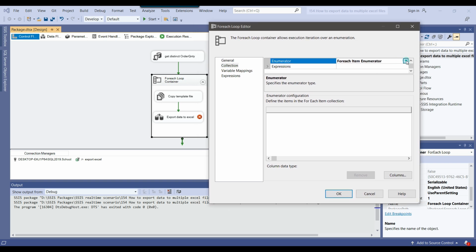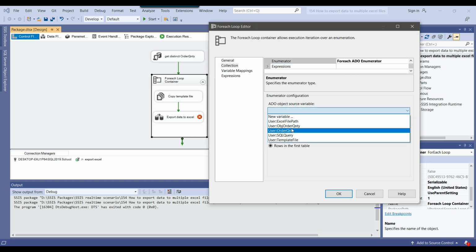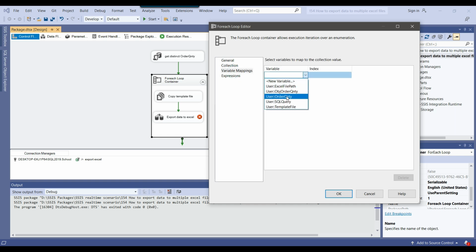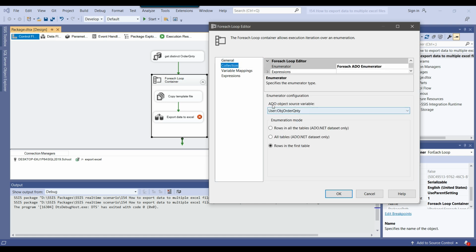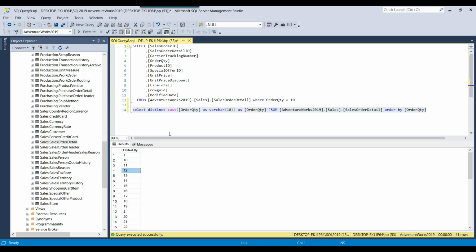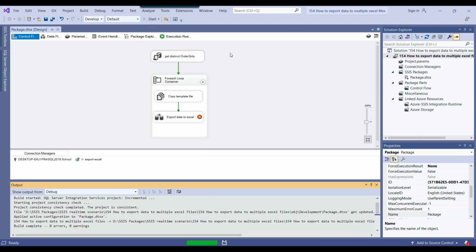So from the enumerator we can select the ADO enumerator. Now from the ADO object source variable we can select the obj order quantity, and now from the variable mapping we can select the order quantity. Okay, because if you go to the collection, here we need to use the object variable, so that's why we are using the object variable order quantity, and this is the data that will be stored inside the object variable, and then it will iterate through one record at a time, order quantity. So that's why we need to use the order quantity here, which is of type string. So I can click OK, and now we are good to rerun the SSIS package,